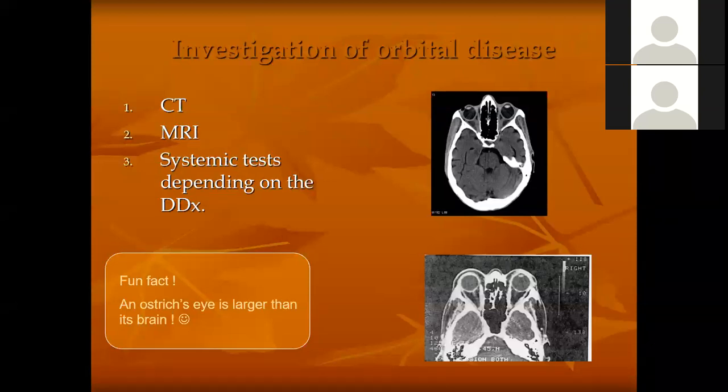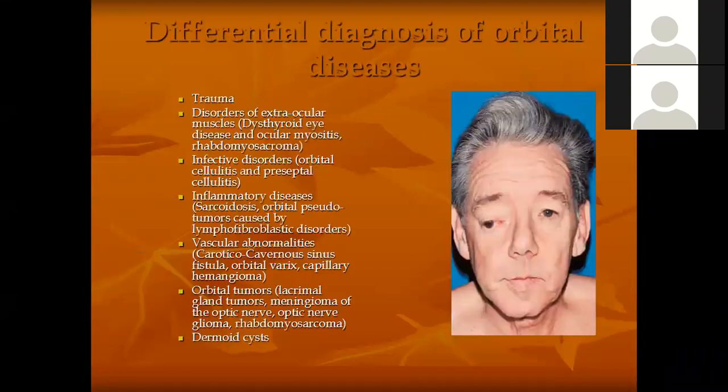The other is MRI. MRI is more diagnostic as compared to CT scan, because it will give you details about the soft tissues in the orbit. So it will give you a clue about any optic nerve tumor, any lacrimal gland tumor, any soft tissue injury in the eyeball or the orbit. All these are dependent upon the MRI picture. Okay.